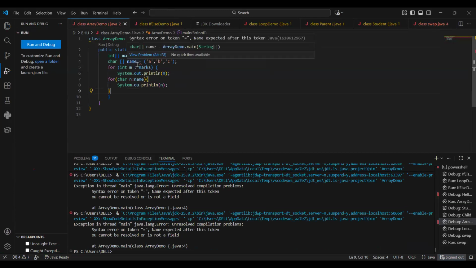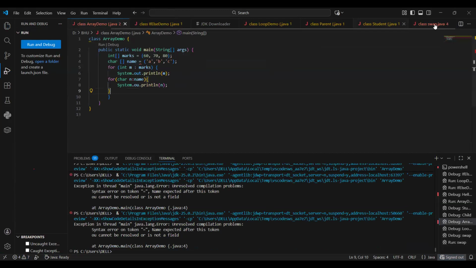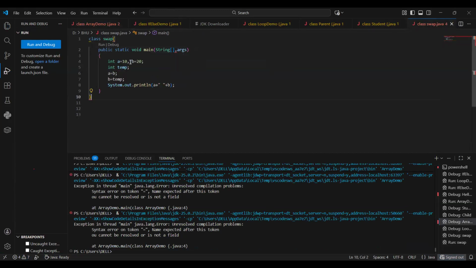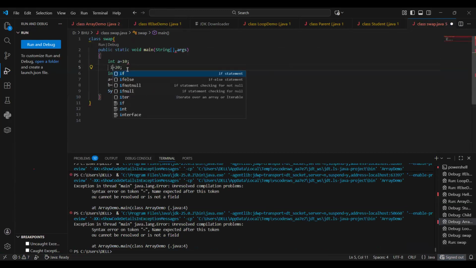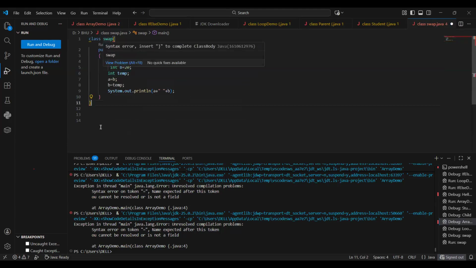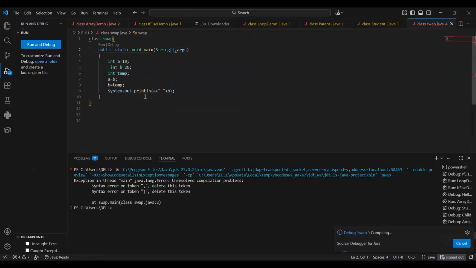So we'll be using equal to. It's gone to the other code. So take a separate statement. So this is how we can run the code and we can get the